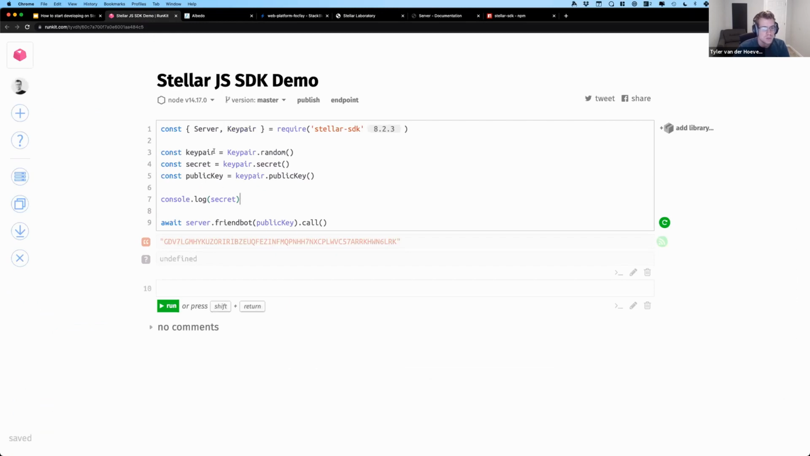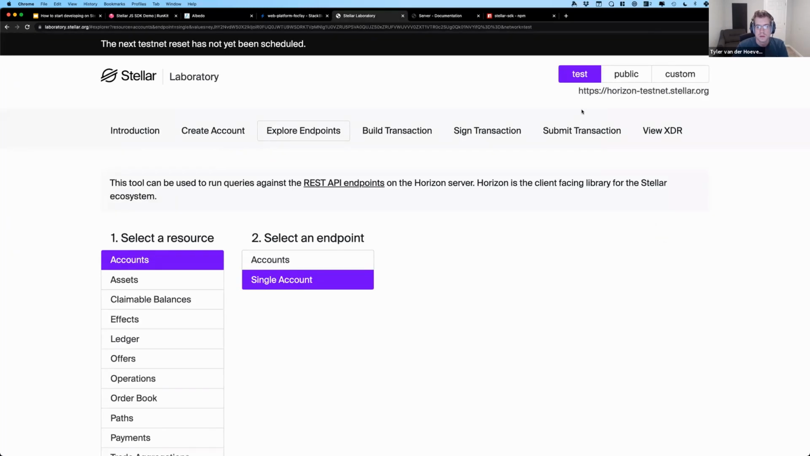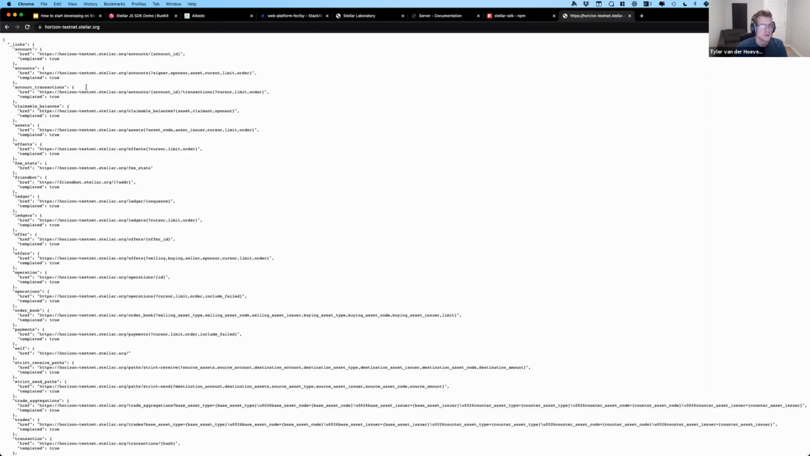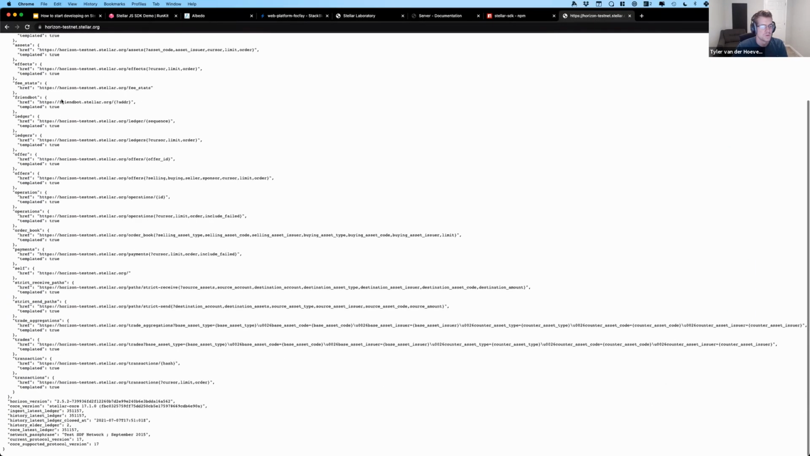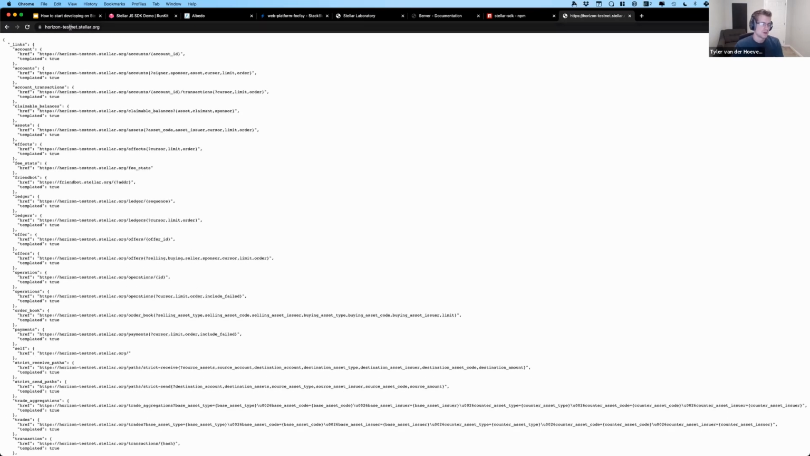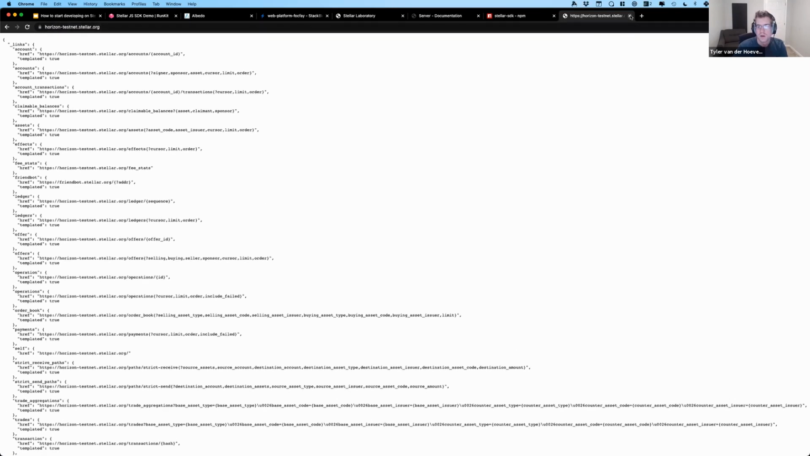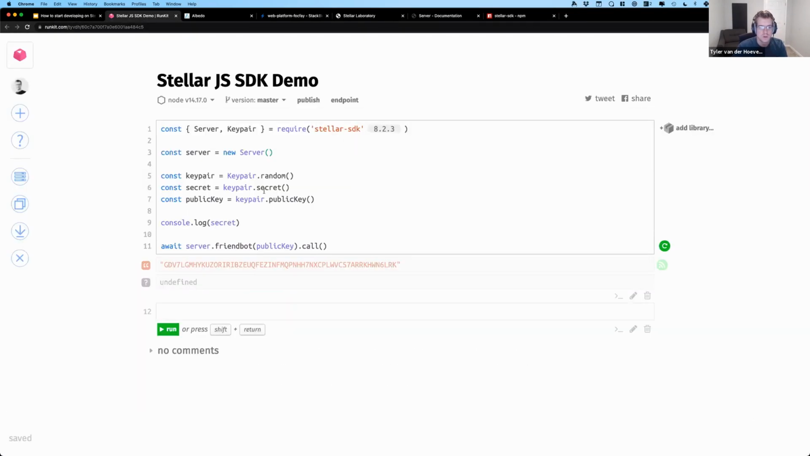So up above here, I'm actually going to put this const server equals new server. And then the URL that we'll put in here is this testnet horizon. If I actually show you this here, you can see this JSON string. This is the base route for the testnet horizon account. So that's the one we're going to use. So we'll go ahead and pop that in there. Now we've got a server